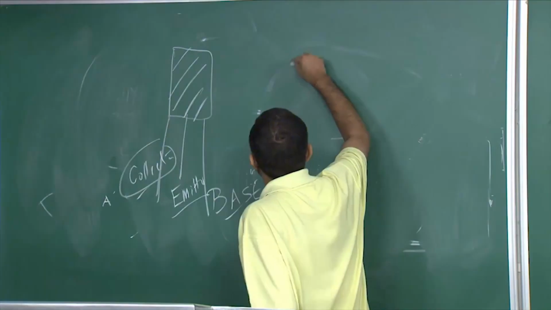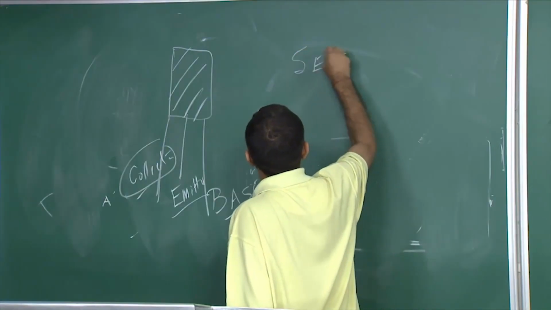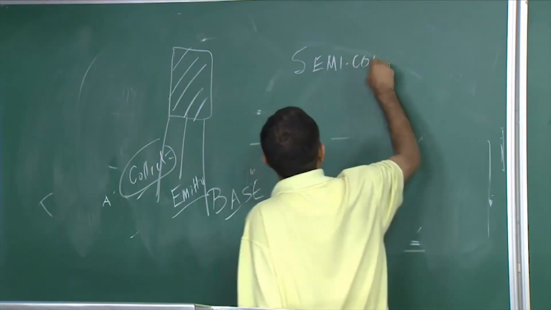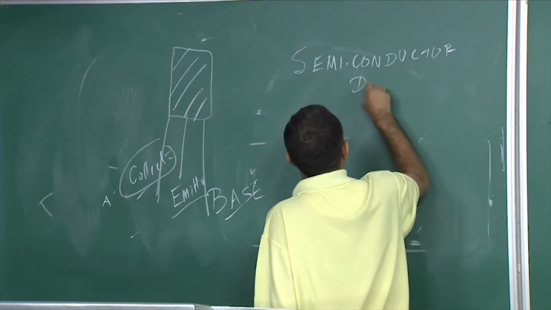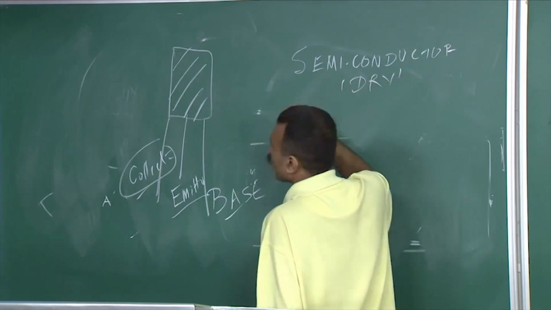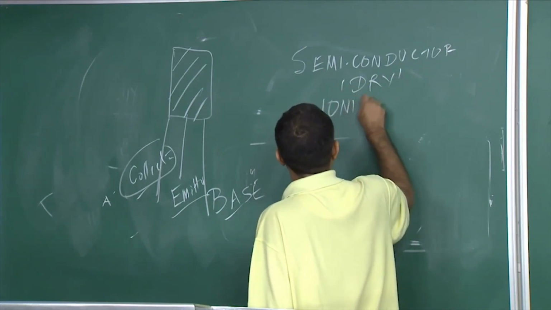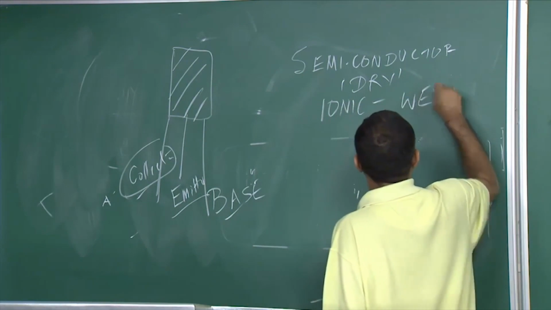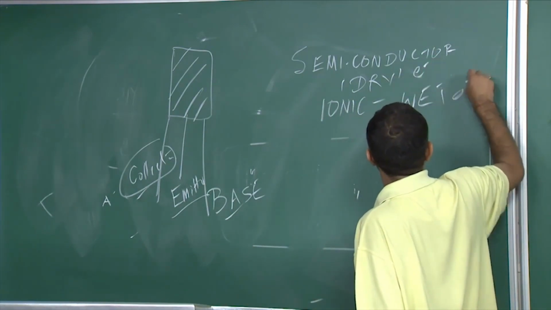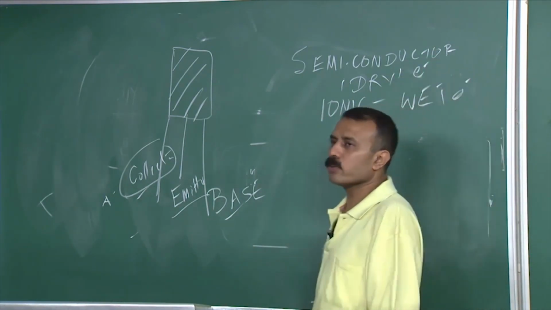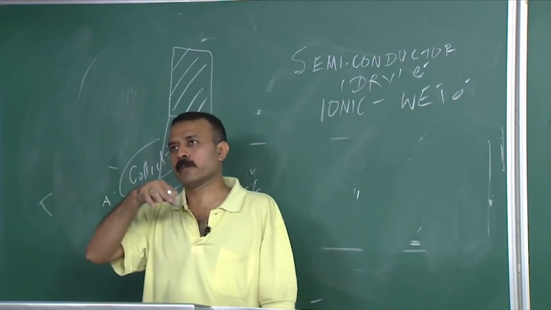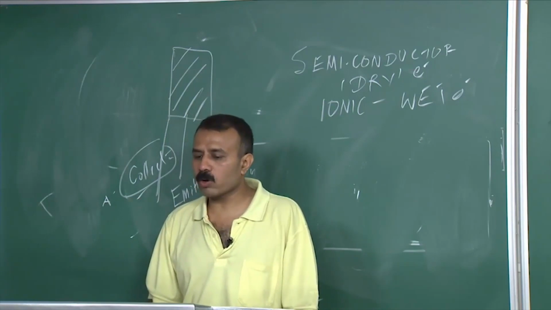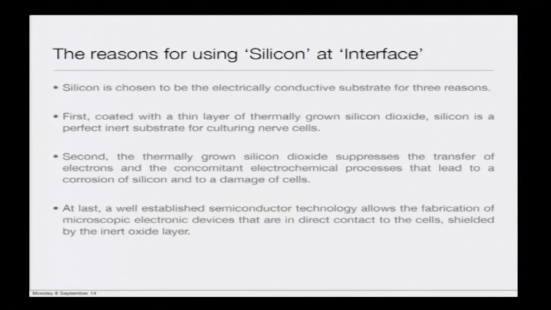So, whenever we talk about semiconductors, we talk about a very dry system. You have to keep this system away from water, whereas whenever we talk about ionic motion, we are talking about wet electricity. If this is the dry electricity, then this is the wet electricity. Now, you are trying to interface a dry electricity with a wet electricity, because all the neuronal activities are wet electricity. So, you need to choose a substrate